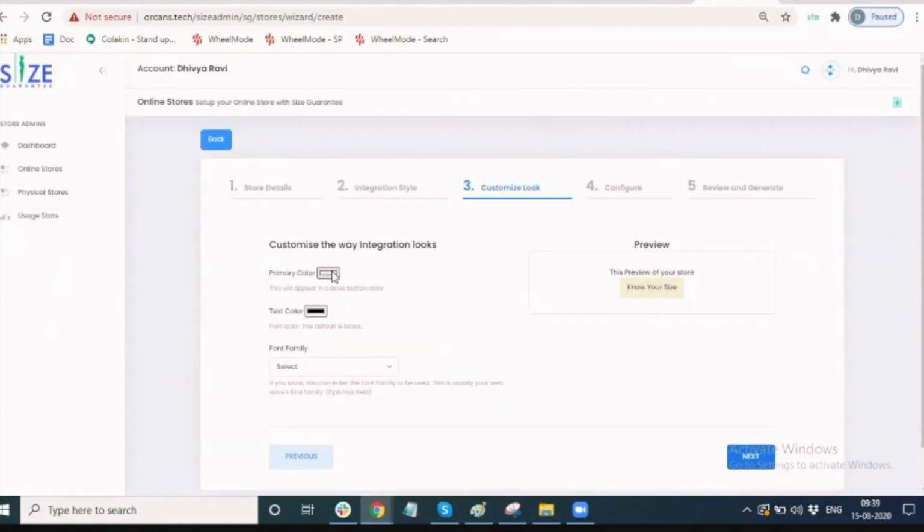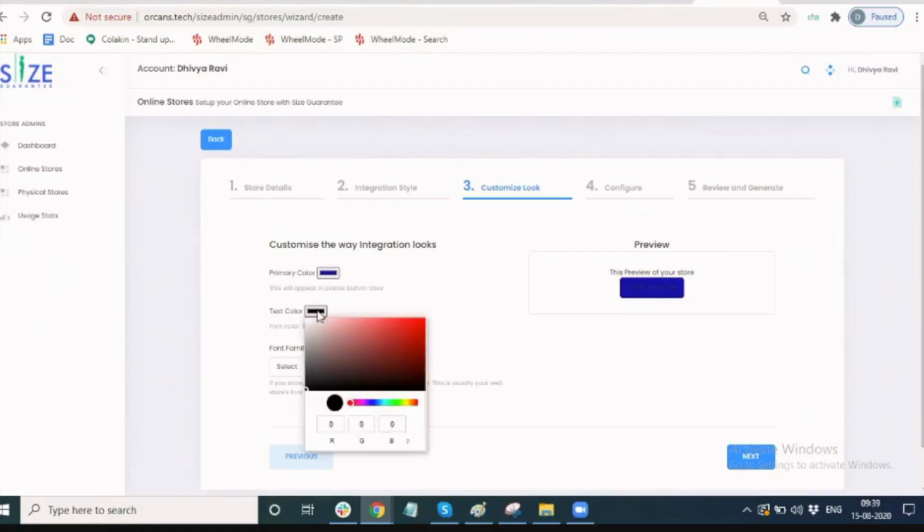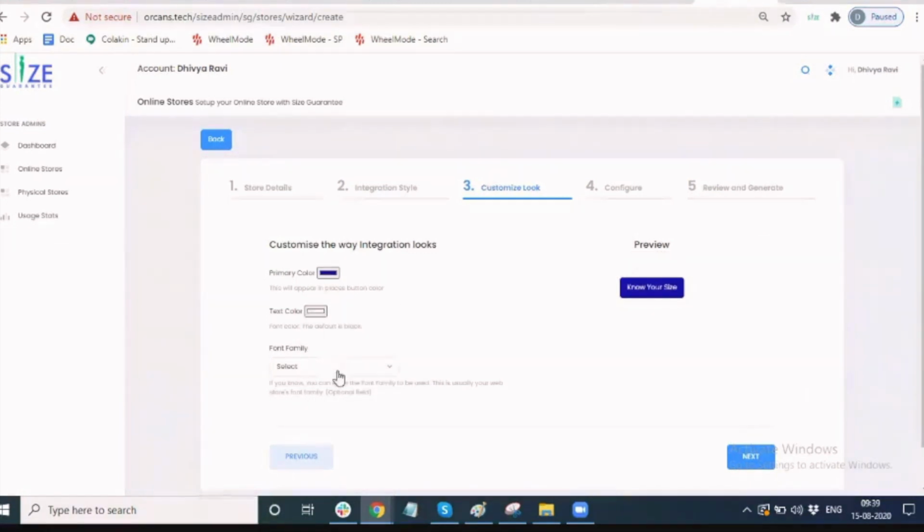And the third one is this button. Actually, they can customize the button and also the pop-up's look and feel. For now, we have given three parameters: primary color, text color, and a font family. This not only reflects on this button, but also on that pop-up integration.